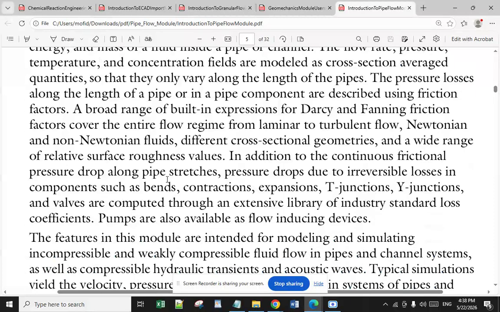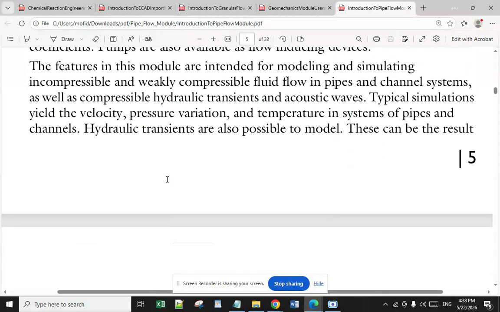Along a long pipe stretch, the pressure drops due to the irreversible losses in components such as bends, contractions, expansions, T-junctions, Y-junctions, and valves are computed through an extensive library of industry-standard loss coefficients. Pumps are also available as flow-inducing devices. The features in this module are intended for modeling and simulating compressible and weakly compressible fluid flow in pipes and